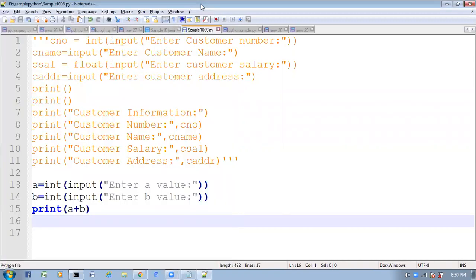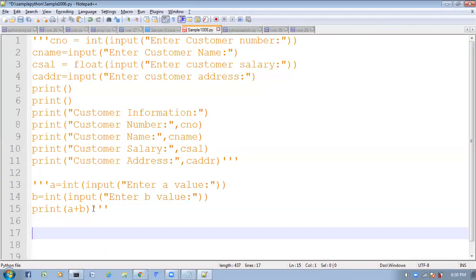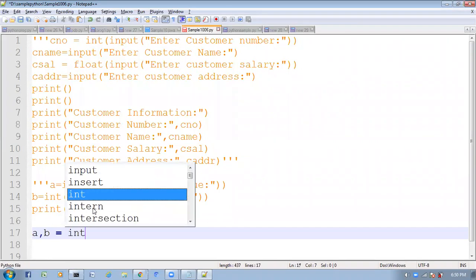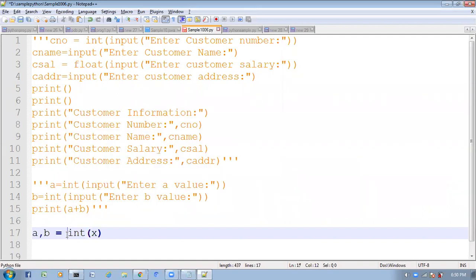See it. How can we do this? Right. For this, what I am going to do? Observe very carefully. I want to provide A and B values both in a single line. Here A comma B is equal to int of x. A comma B I am going to take like this, int of x. Here we take multiple values, right?